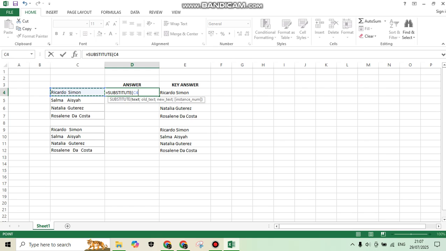name here, the cell C4, then give it the semicolon, the open quotation, then I will type the two spaces from my keyboard, 1, 2, and also the close quotation. And after that, give it the semicolon again. Then this is the